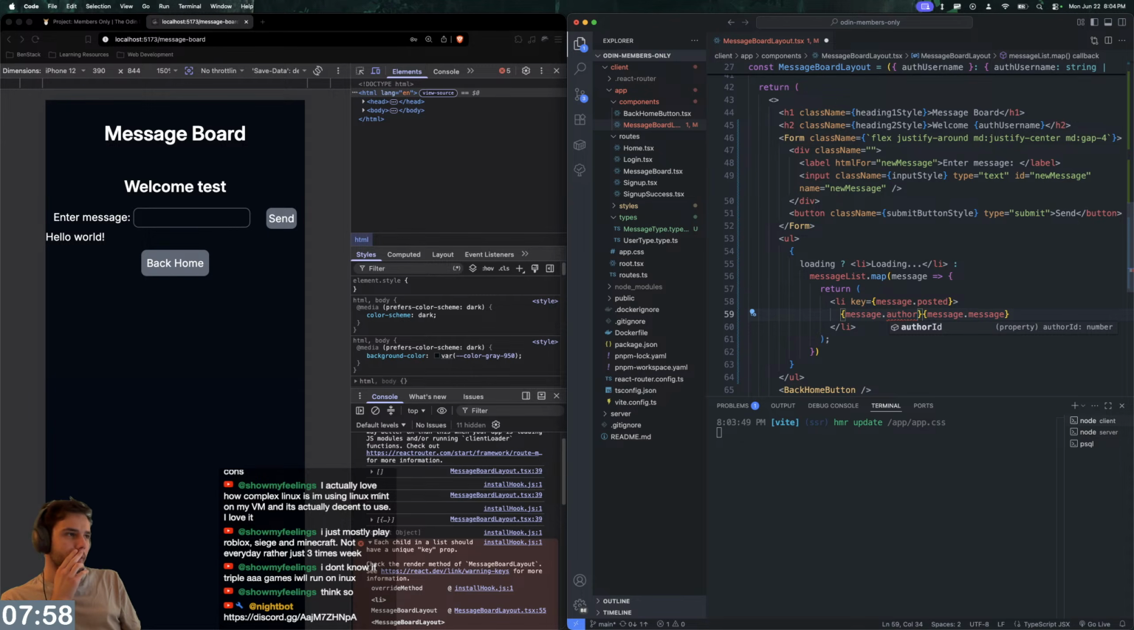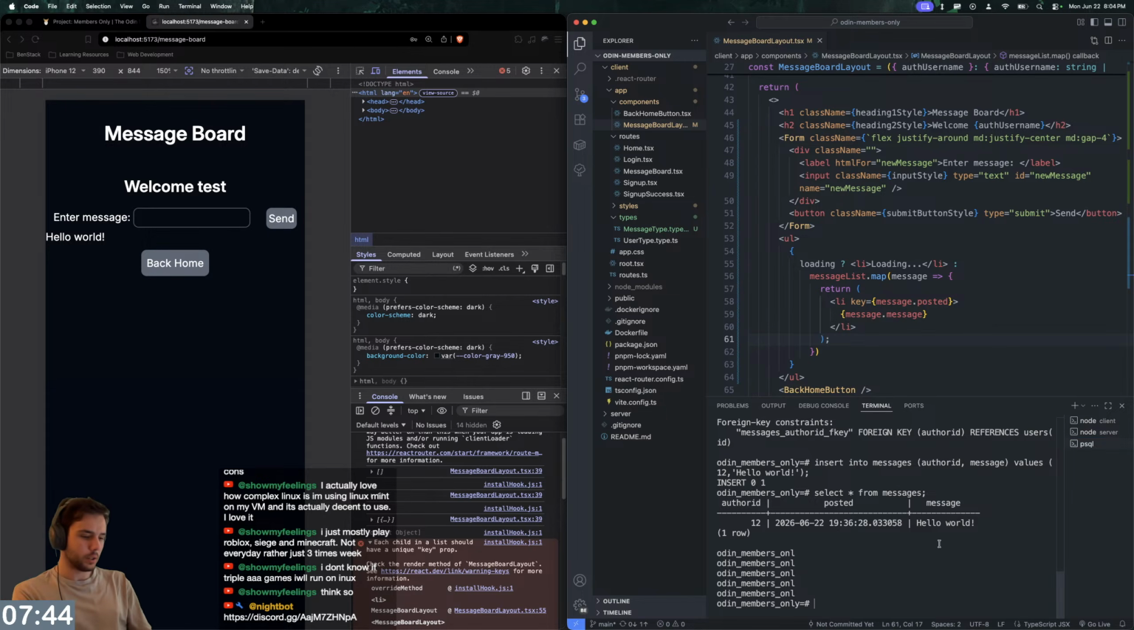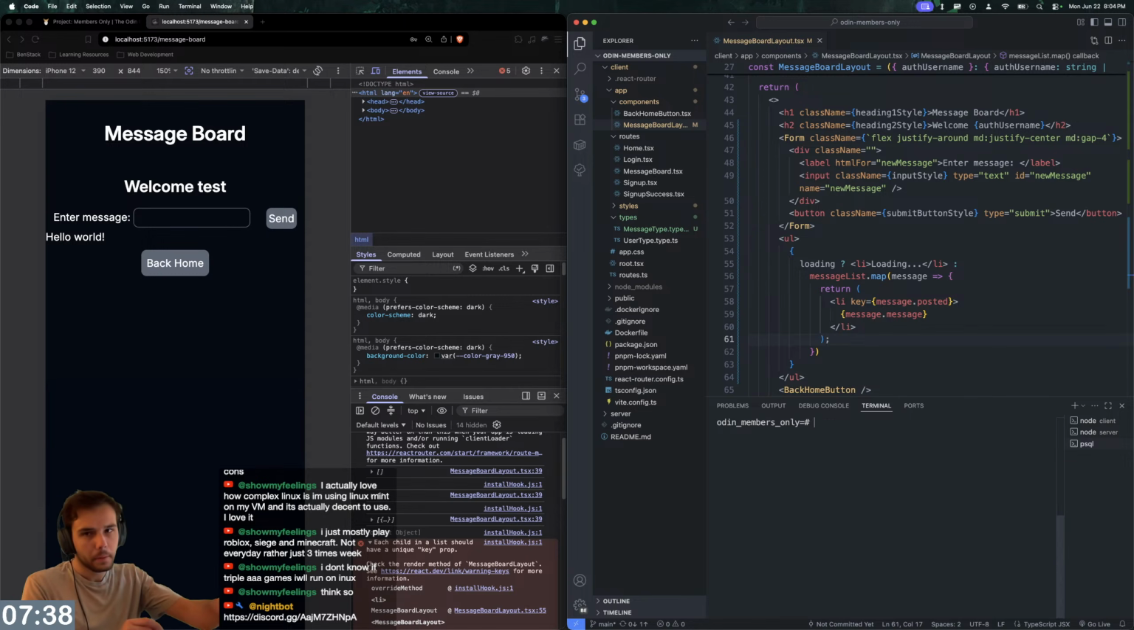I should probably add the author name to the schema. Now that I think about it, because I don't want to have to query that for every single thing. So let's do that real quick. So let's add the author name to the schema. Alter table, messages, add column, author name, varchar 255, and then